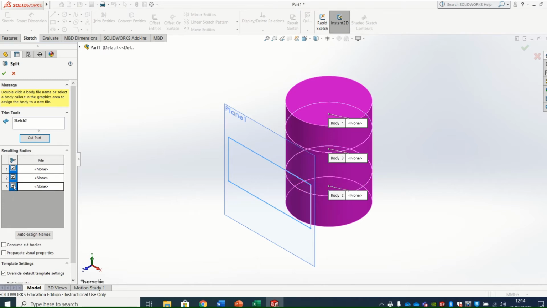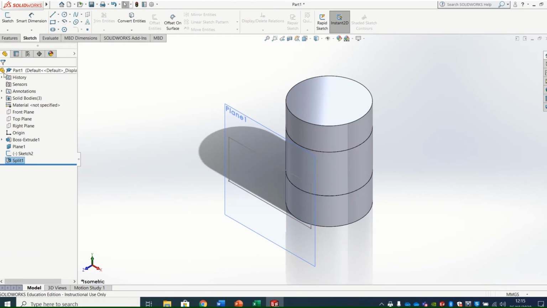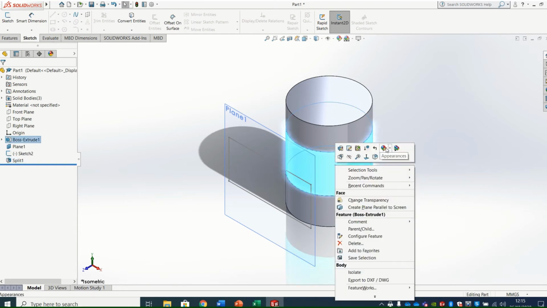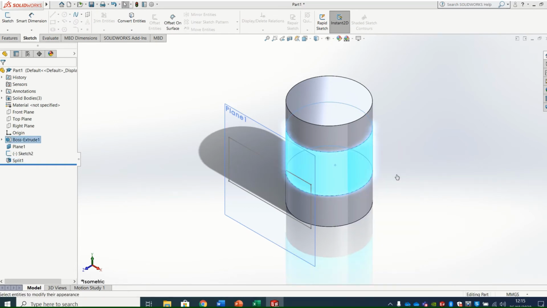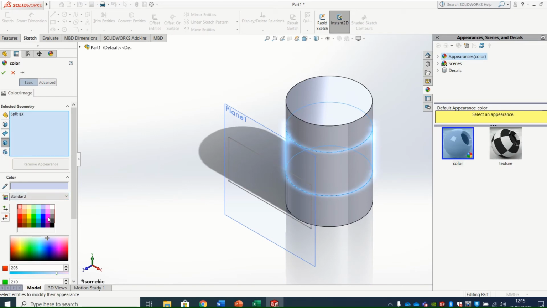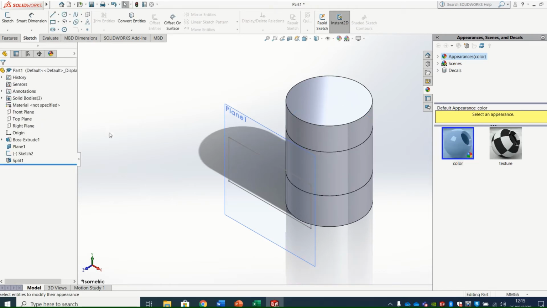and you can see there that's going to give me 3 separate bodies. Now if I ticked the box here to consume them, I could use that for getting rid of stuff, but I don't. I want to keep them all, so I'm just going to OK that. And I now have a cylinder with 3 separate bodies here. So if I wanted to, I could change the color of one of those bodies to purple or whatever, but I'm not going to do that,